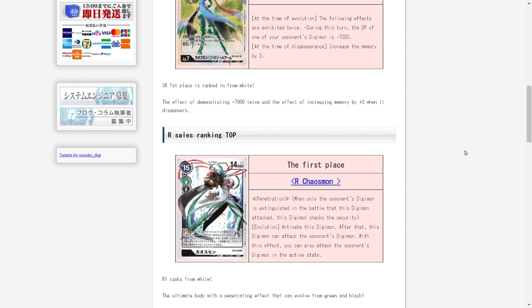Next, going into the best-selling rare of the set, it is going to be another level 7 in the form of Chaosmon. So this is the normal version of Chaosmon, and yes, he is a rare, and the other one is an SR, and the big difference is this one digivolves off of black or green, so that is something really powerful to note, that green now has another level 7 that they could play with, and then black also just so happens to have another level 7. Black has almost all of them at this point, but regardless, this version of Chaosmon is very, very powerful because